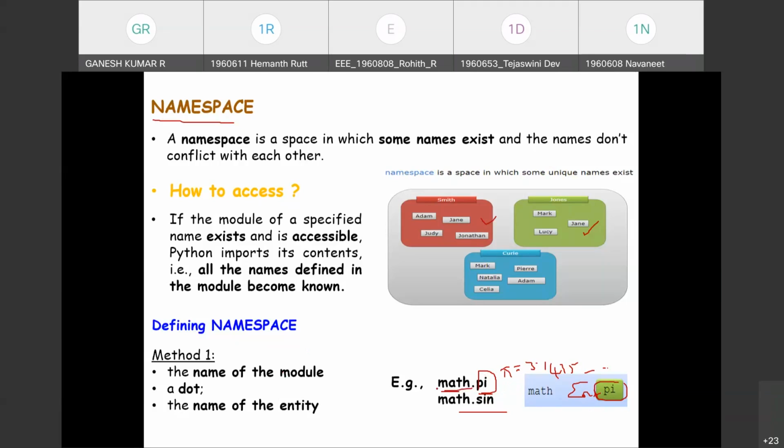When we add import math, the complete module will be included in the program. So the processor and the RAM need to work more to accept this module. If it is done specifically, the load on the processor is reduced. It will select only this entity.